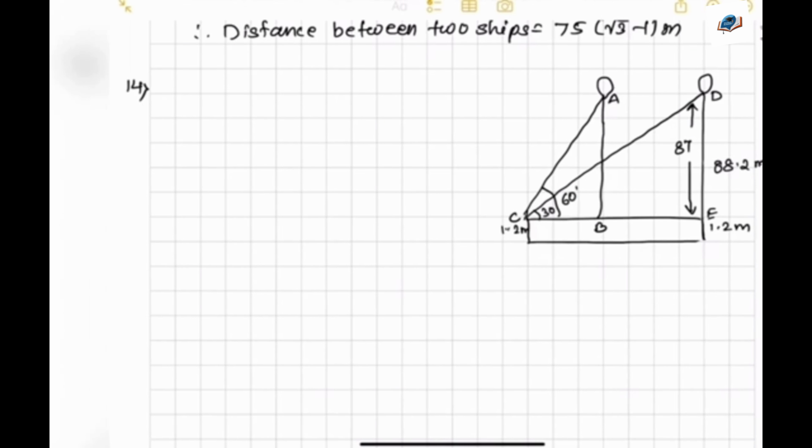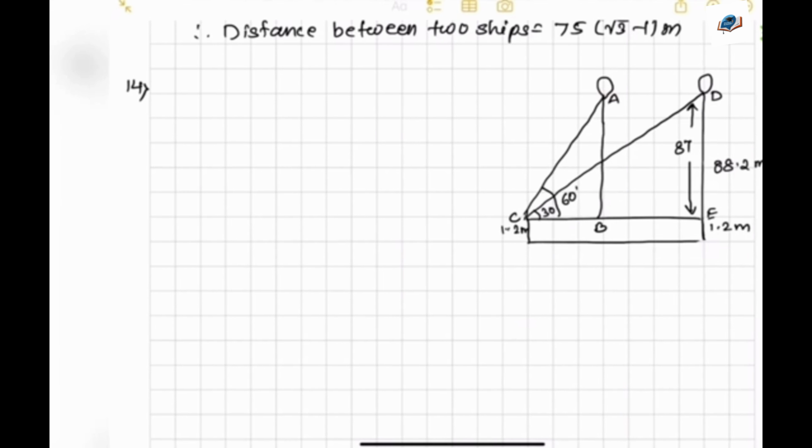Next, it says a 1.2 meter tall girl spots a balloon moving with the wind in a horizontal line at a height of 88.2 meter from the ground. The angle of elevation of the balloon from the eyes of the girl at an instant is 60 degree. After some time, the angle of elevation reduces to 30 degree. Find the distance traveled by the balloon during the interval. So see, if I make a simple diagram of this as shown, so AB is the starting point and